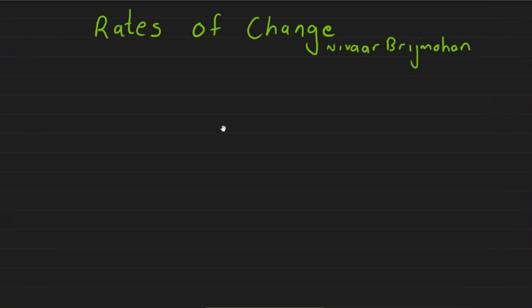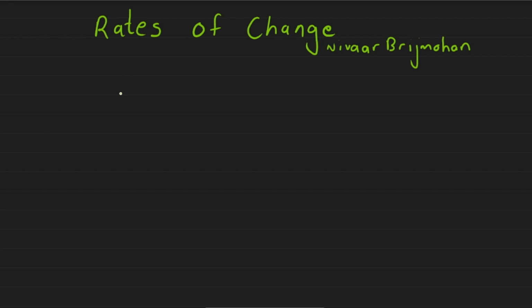Hi there. In this video, we're going to be looking at rates of change of multivariable functions. When we speak about rates of change, we're speaking about time. We're asking, how does something change with time? We saw in the last video that a change in some multivariable function, that would be delta z,